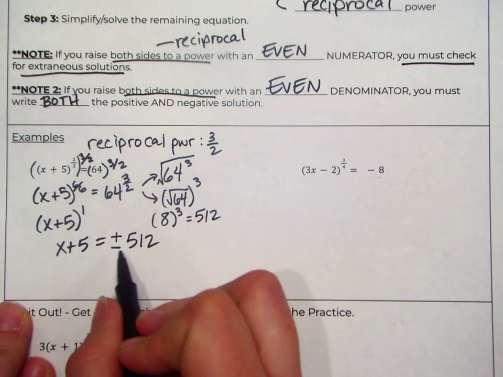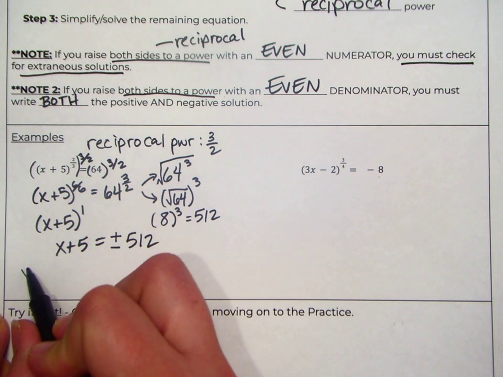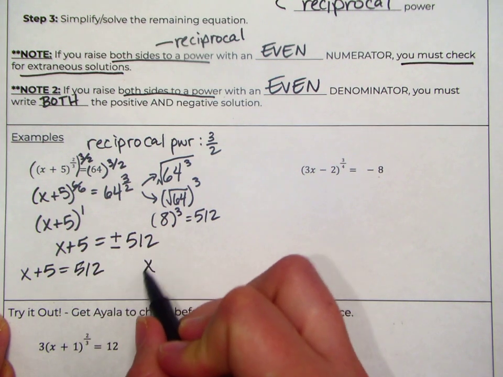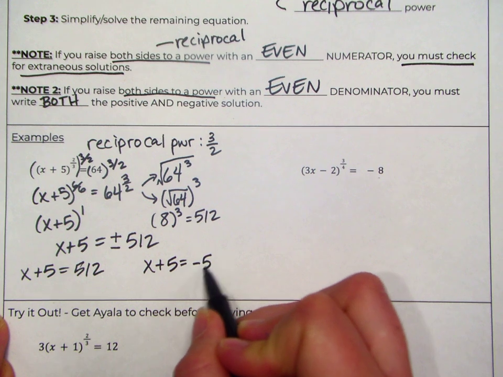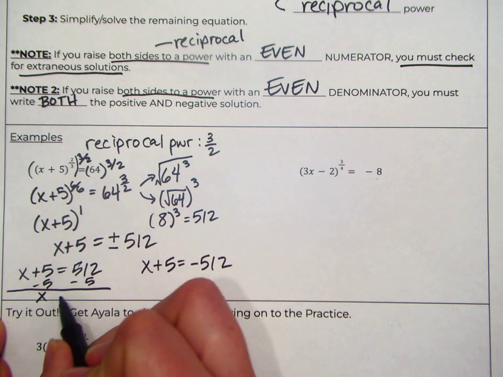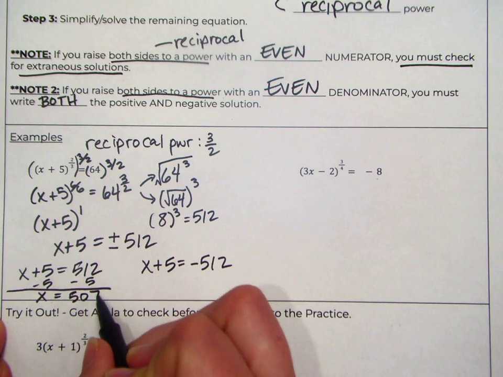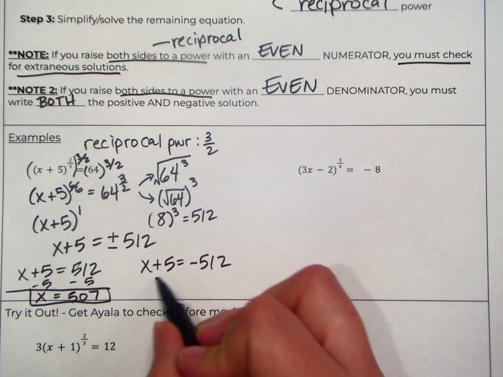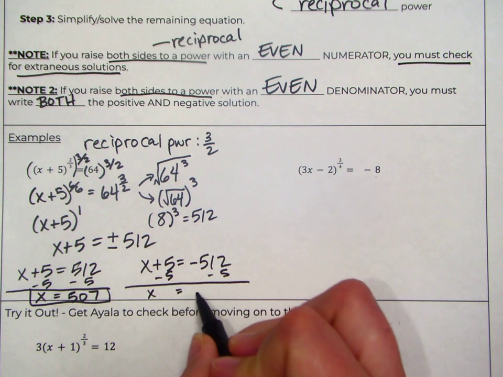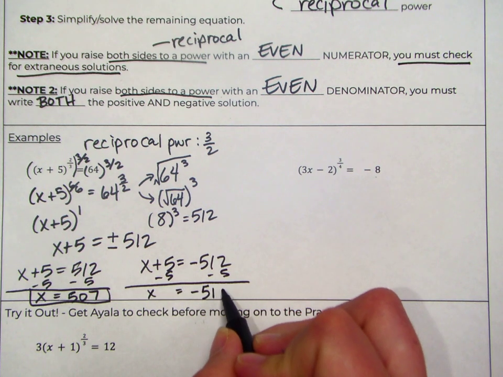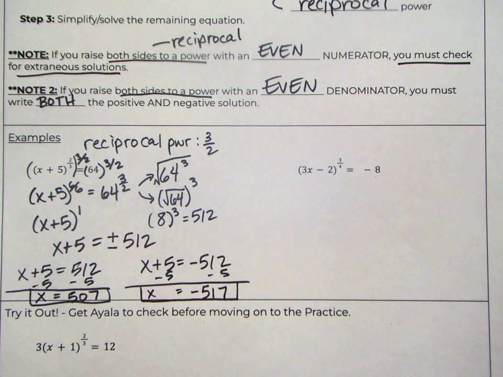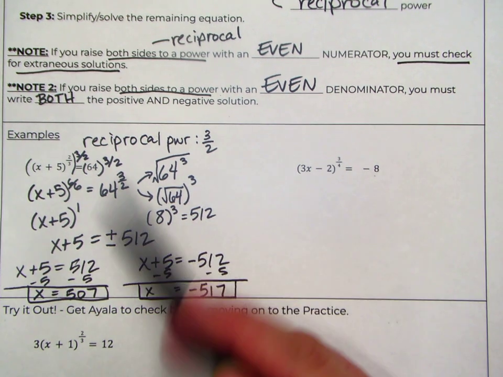So we need to set up two equations, one with the positive root and one with the negative. So I have x plus 5 equals 512. And then I have x plus 5 equals negative 512. Get x by itself. So I'm left with x equals 507 for my first solution, or x equals negative 517 for my second solution. Okay? So that's what we get when we have